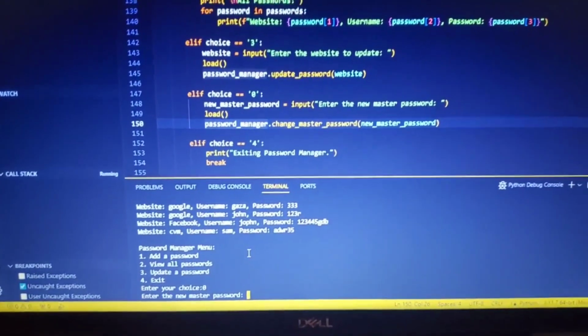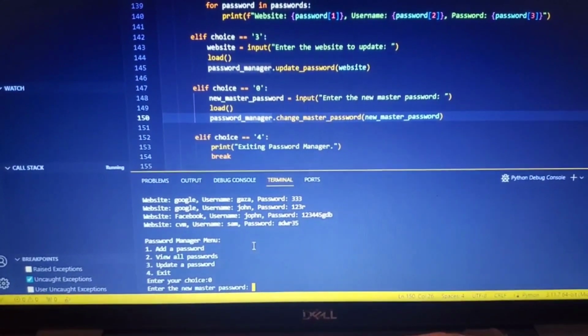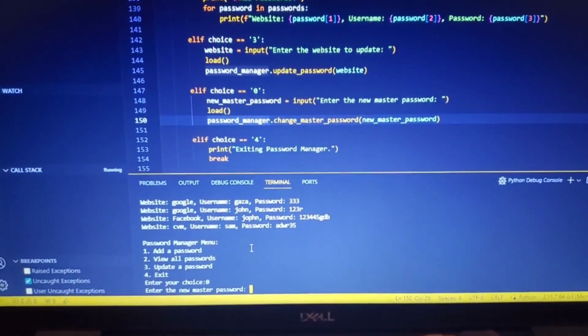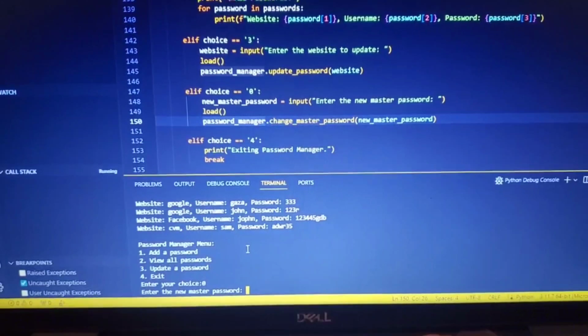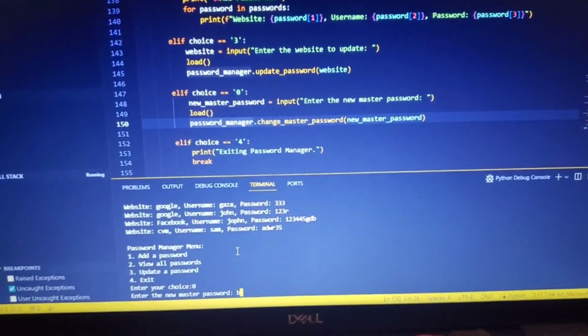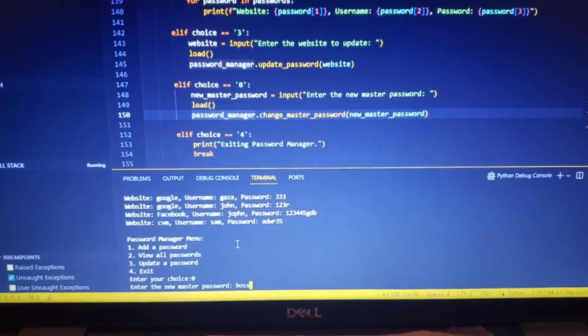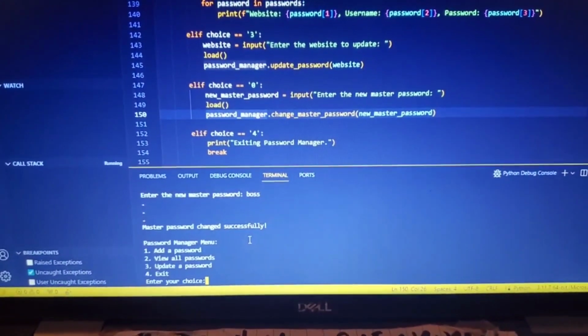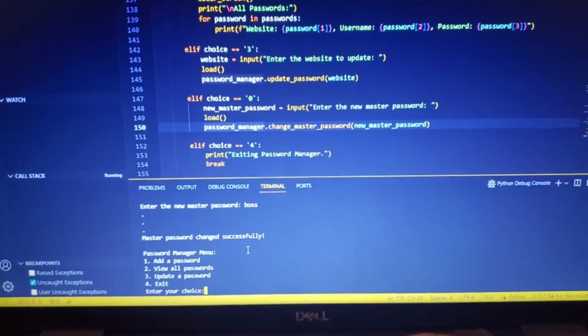And another thing, just as I said before, to change the master password, I input 0 for a choice, and the password was admin. So let's say I'm going to change it to boss, BOSS. So if I exit now,